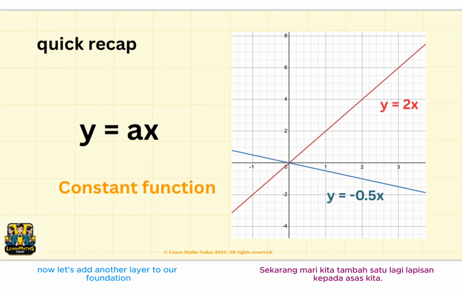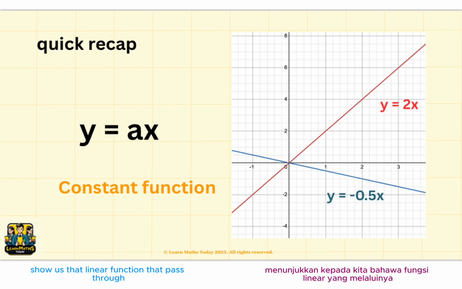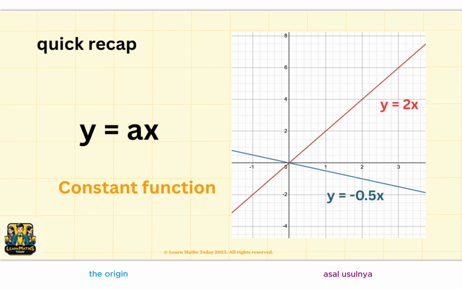Now let's add another layer to our foundation. You can see that we move from constant function to linear function. And notice now the graph has started to become more alive. The form y = ax shows us a linear function that passes through the origin. Here a is our gradient or slope, and it tells us how steep our line is and which direction it's